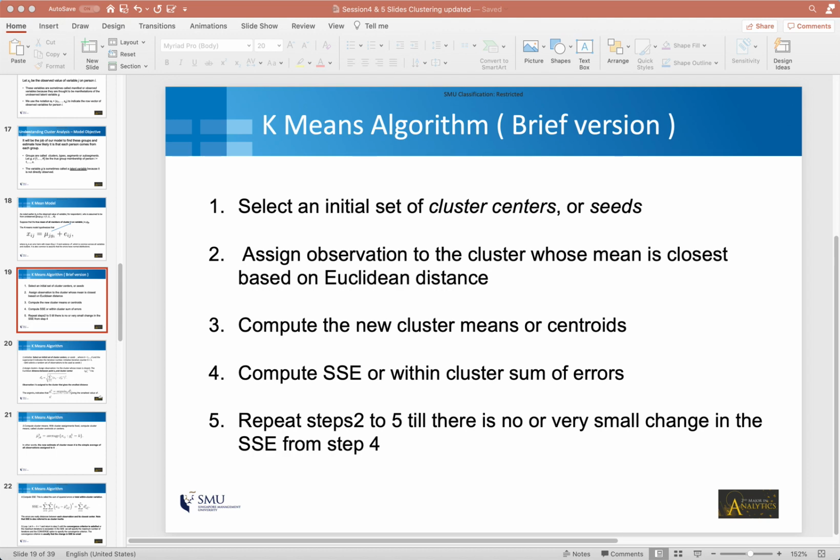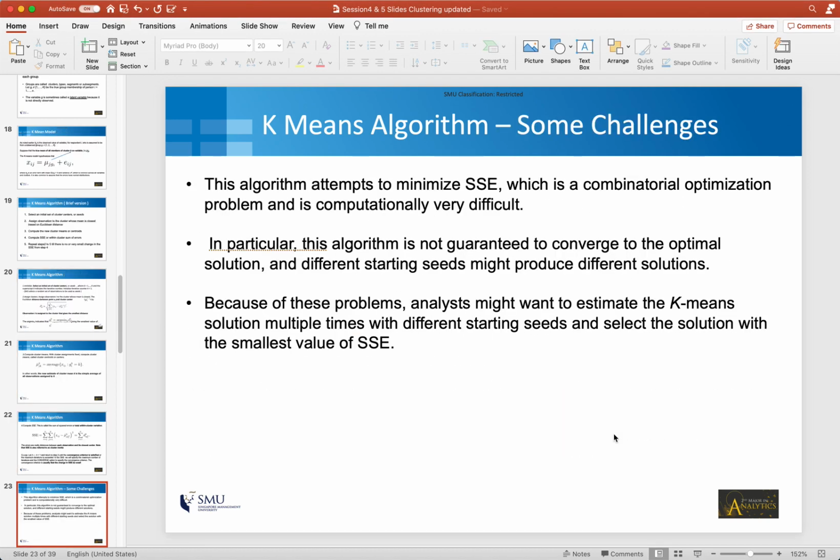Okay, so before I end this video, I do want to talk about one more aspect of k-means clustering. I want to talk about some of the challenges of the k-means clustering algorithm. So remember, whenever you study any specific algorithm or technique in machine learning, it's very important to first understand the algorithm itself, and then you should also understand some of the shortcomings of that algorithm, or the situations when the algorithm might not give you good results, etc.